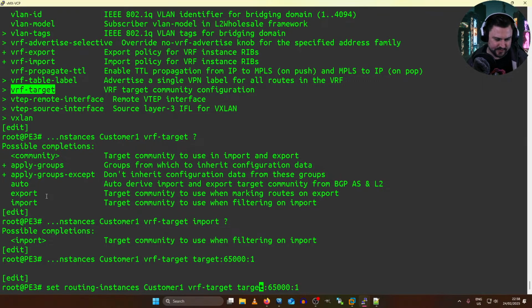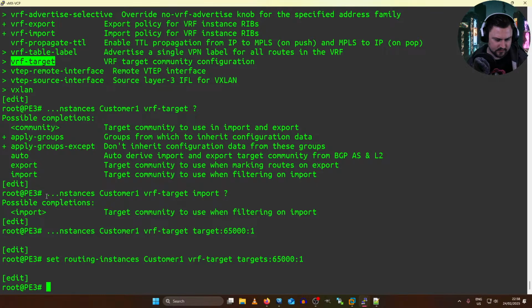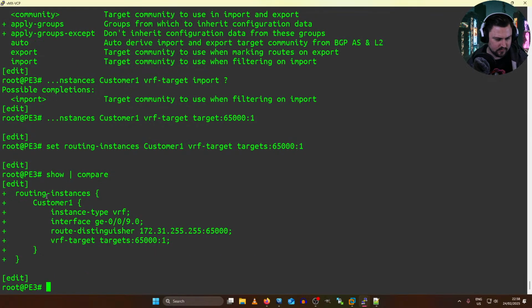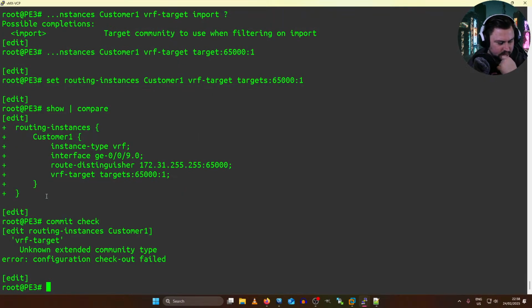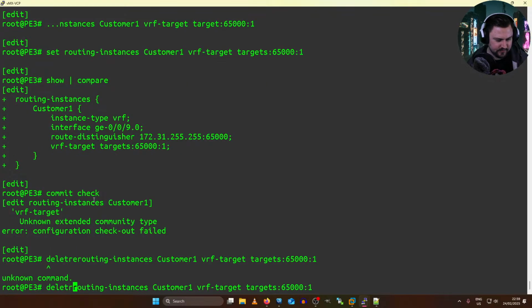Or is it targets? Let me just check if it's complaining about anything. Yeah, it is. So let me just delete that bit of config.